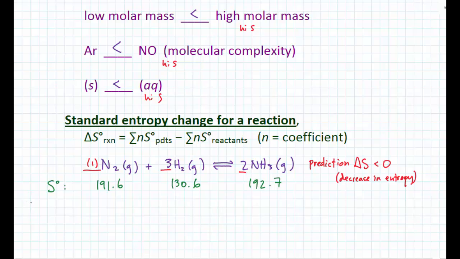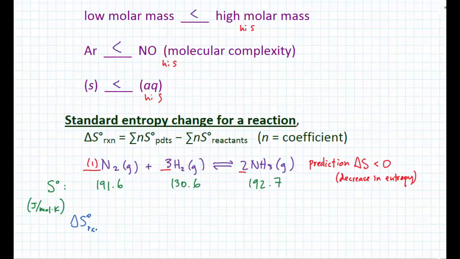Absolute entropy values are usually given in joules per mole Kelvin. We'll see in a second why that unit is what it is. But we can then calculate